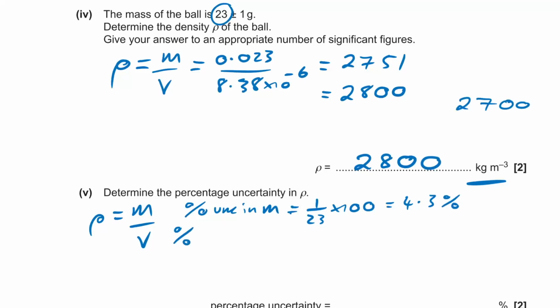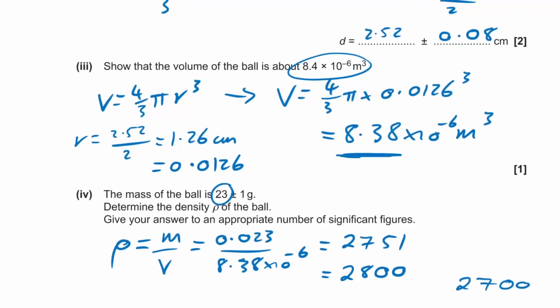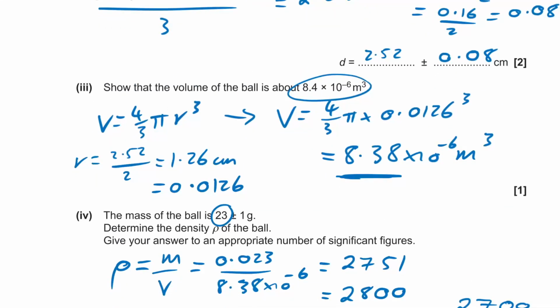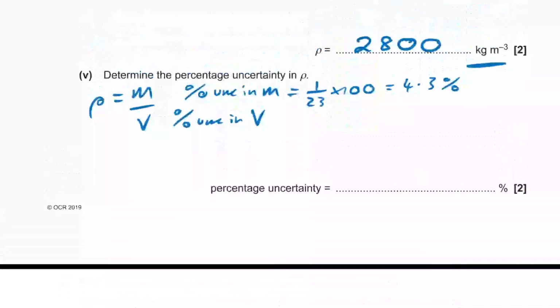Percentage uncertainty in volume, this is going to be a little bit harder. So we know that volume is 4/3 pi r cubed, and the percentage uncertainty in R is going to be the same as the percentage uncertainty in D. So we're going to find it from that. So percentage uncertainty in V is equal to 3 times the percentage uncertainty in D. So that is, what was it, 0.08 divided by 2.52 times 100. So if you want to find the percentage uncertainty in a value that's calculated by timesing or dividing like we are here, you add up the percentage uncertainties. We end up with